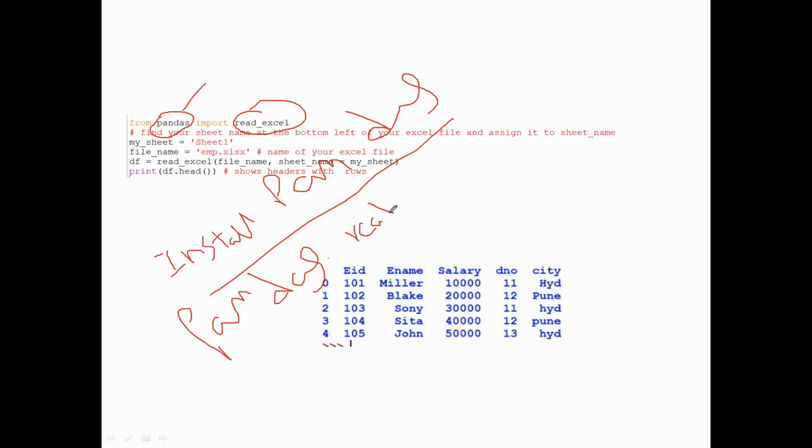When you use a from import, the system knows that read Excel has been imported from pandas, because you already gave the prefix as from import. No need to prefix with anything. Hope you are getting the difference between the two types of imports.